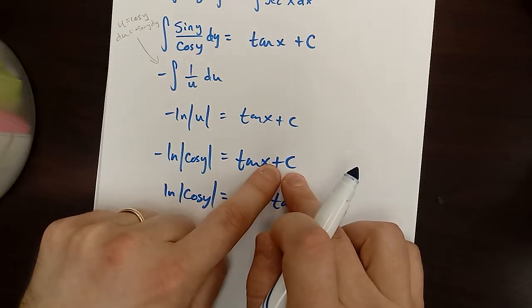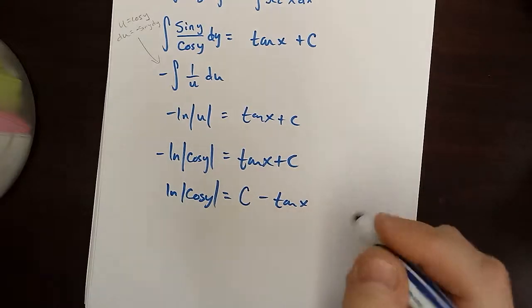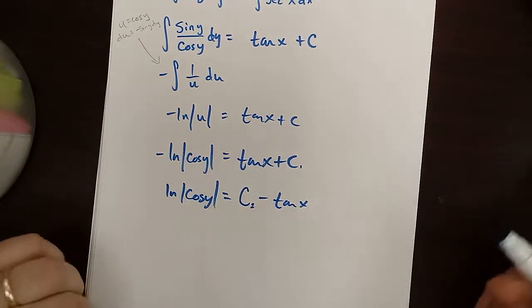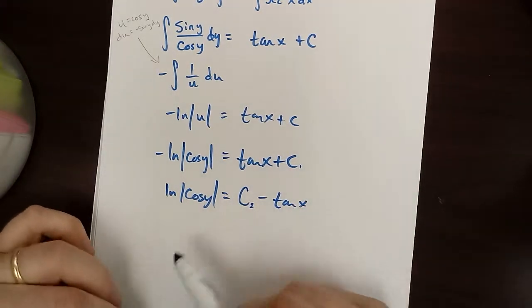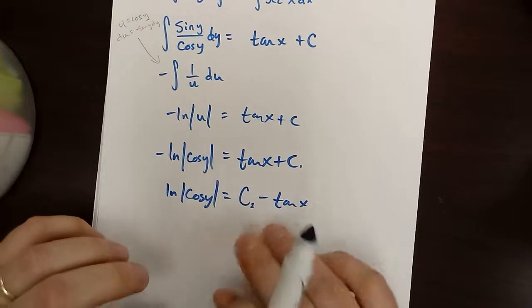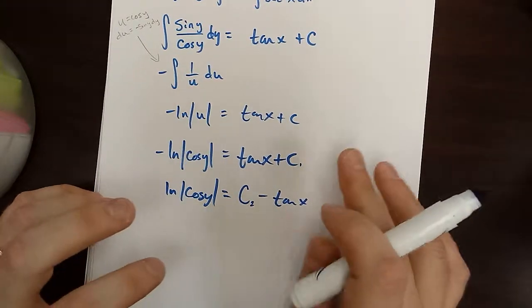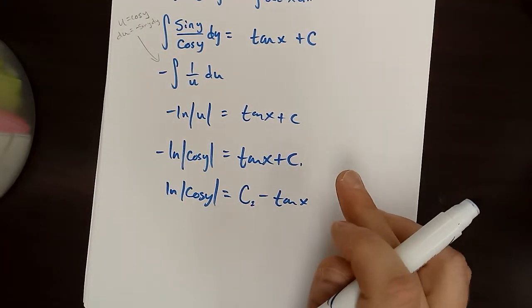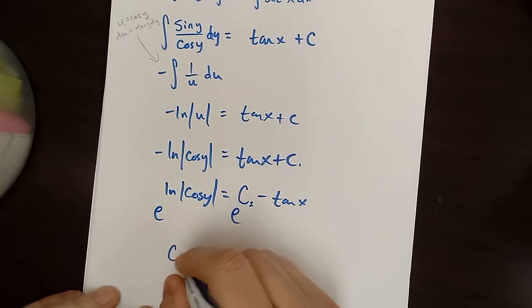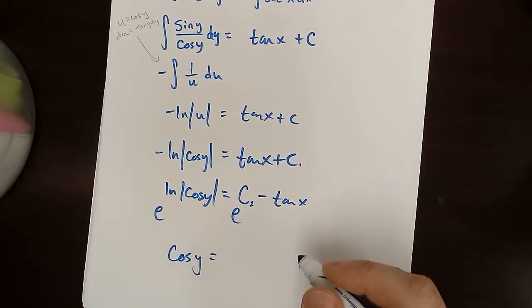C could be positive, c could be negative. So this is one of the situations where I could call this first one c1, and now I've got a c2. And this c2 may in fact wind up being negative, but it doesn't matter. So if you don't like that, just keep it as negative c, that's fine. So now to get rid of this, I'm going to e both sides. I'm going to get cosine y is equal to